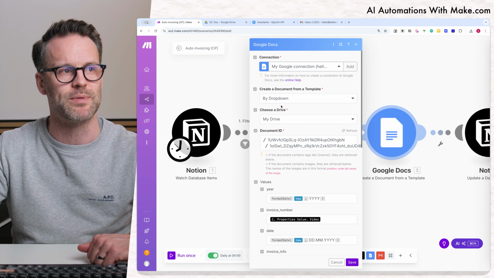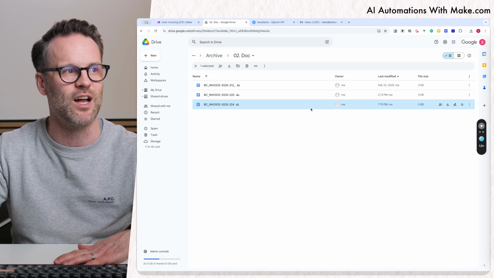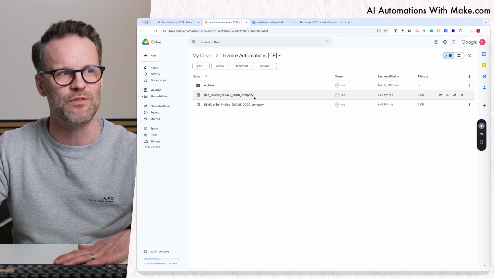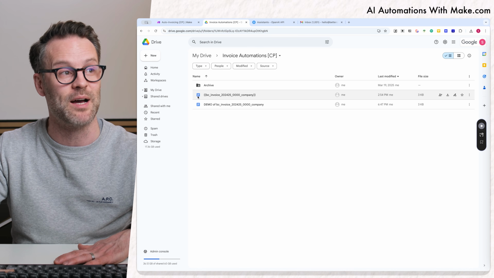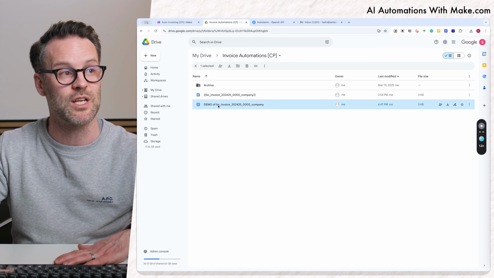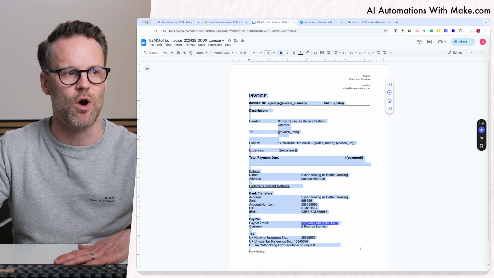And we're going to go by drop down, choose a drive, and then we're going to find the document ID that we want. So the next thing I've done is, I'm not going to show you my full version, but I've created the name of a specific invoice. We're just going to show you a demo, and within it, I've created my template of what I want my